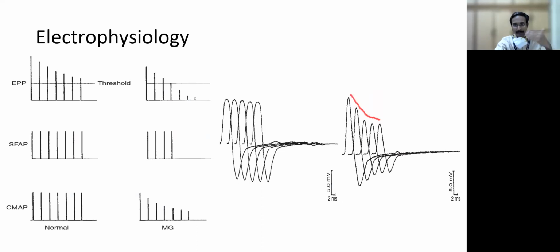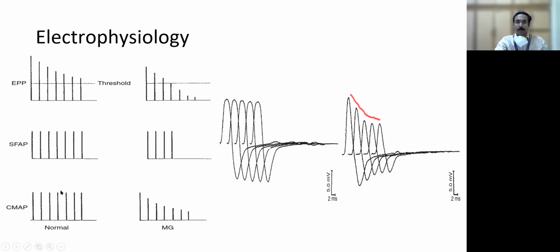When that is depleted, the next reserve will come, and because there is an adequate amount of acetylcholine in the postsynaptic junction, they develop an end plate potential every time a nerve impulse is given to the nerve. And so even though there is a decrement, as long as it's above threshold, by the all or none phenomenon, the same amount of muscle fiber action potential is generated for every end plate potential that is made. And because multiple muscle fibers will produce the jerk,